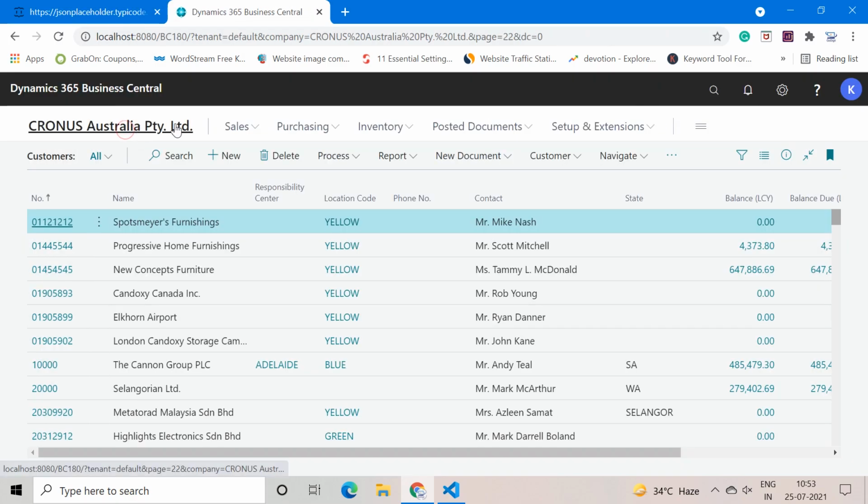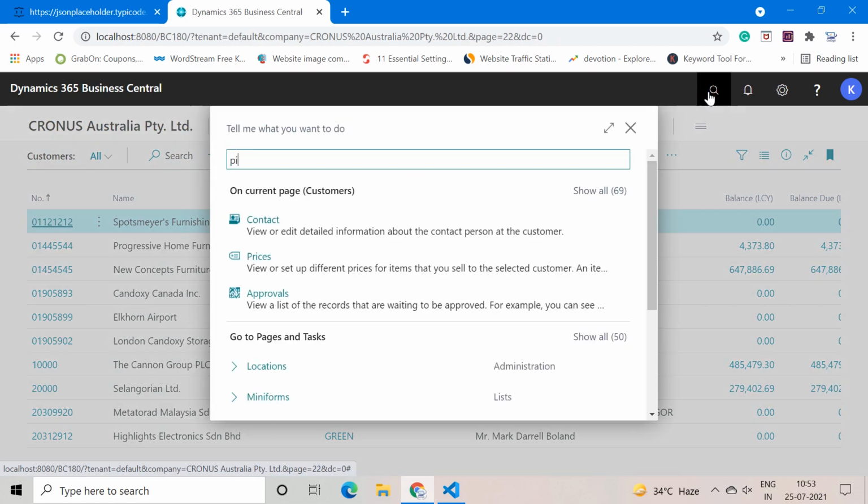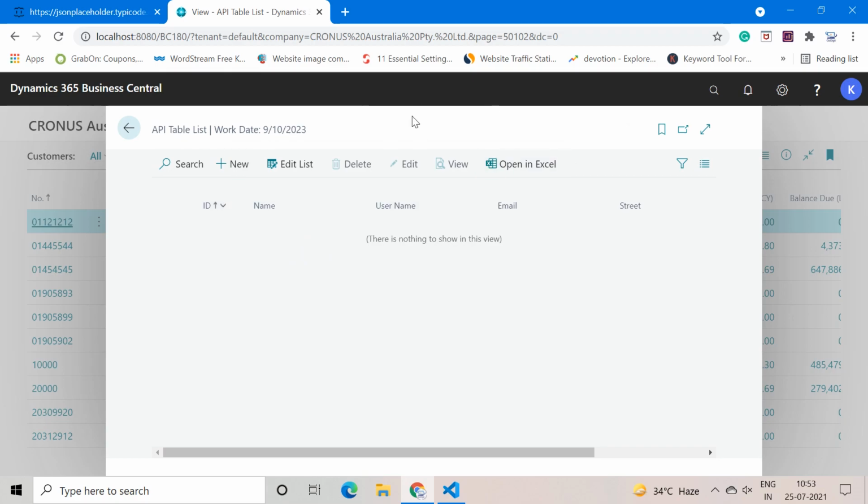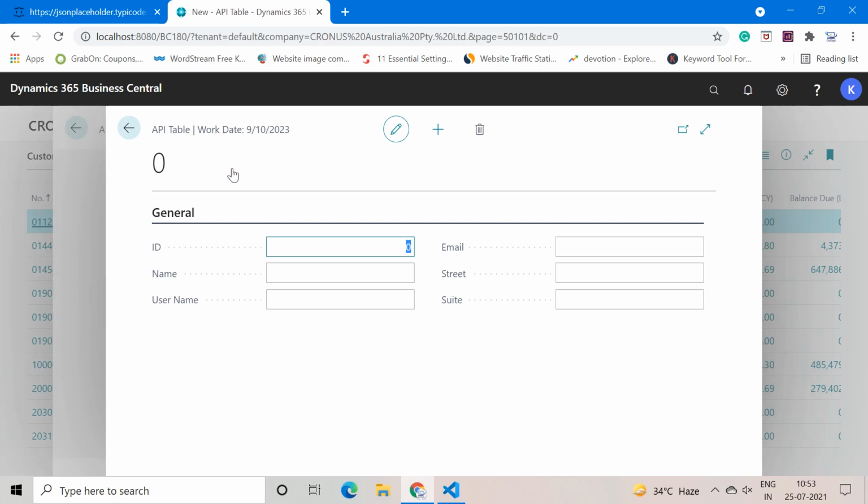Just to not make the video longer, I have already created the custom table called API table. So as you can see, when I click on this, we have this page available called API table list, and when I click on new, we have this card page available.